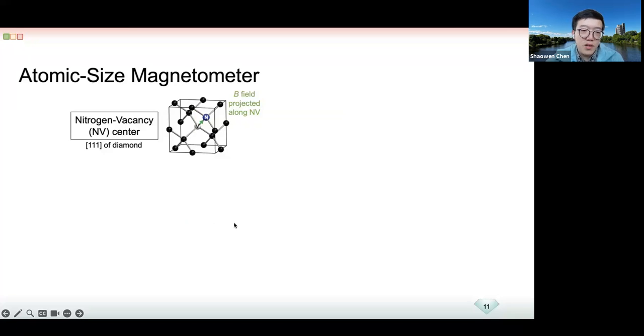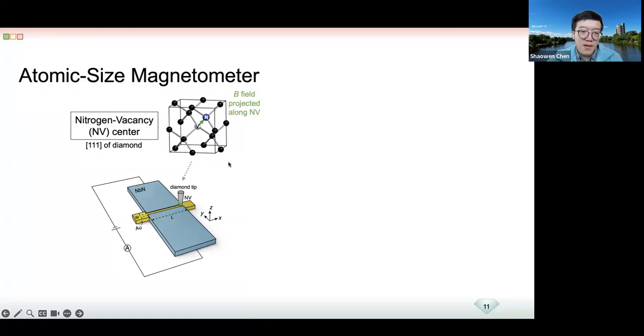Okay, so the sensor we're going to use here is the nitrogen vacancy center in diamond. The nitrogen vacancy center is exactly what the name sounds like: a nitrogen atom substituting a carbon atom, together with an absence of a carbon atom in diamond. It will be able to measure the magnetic field along this direction, which is the 1-1-1 direction of the tetrahedral diamond. So we can put this NV center on the apex of a tip